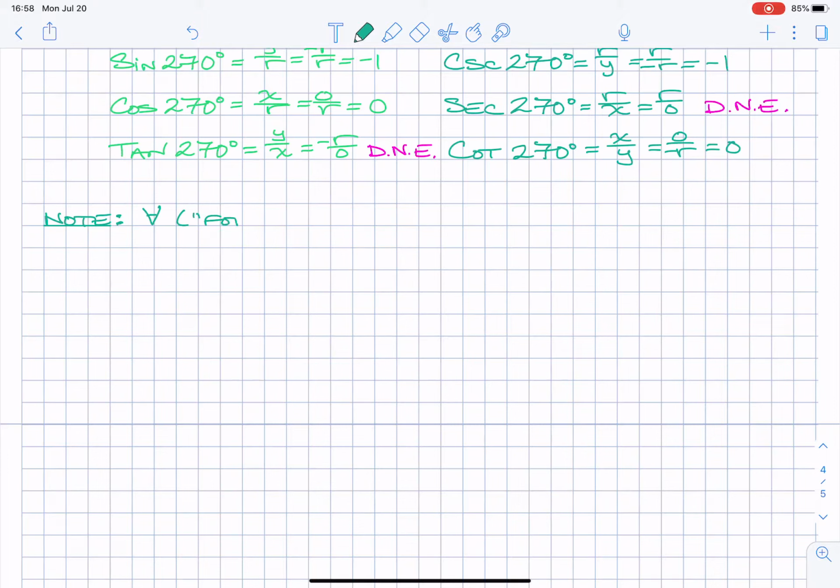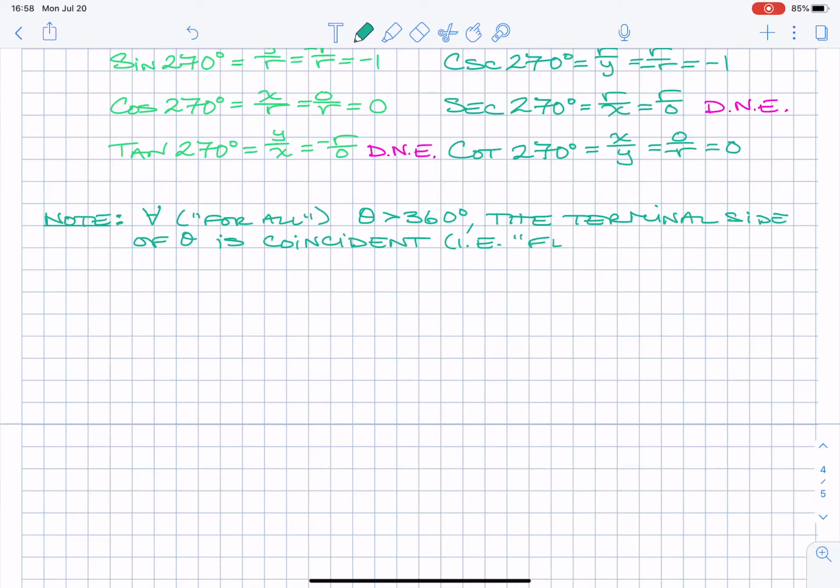For all is an upside down A. So for all theta strictly greater than 360 degrees, the terminal side of theta is coincident, which once again is flush, i.e. flush